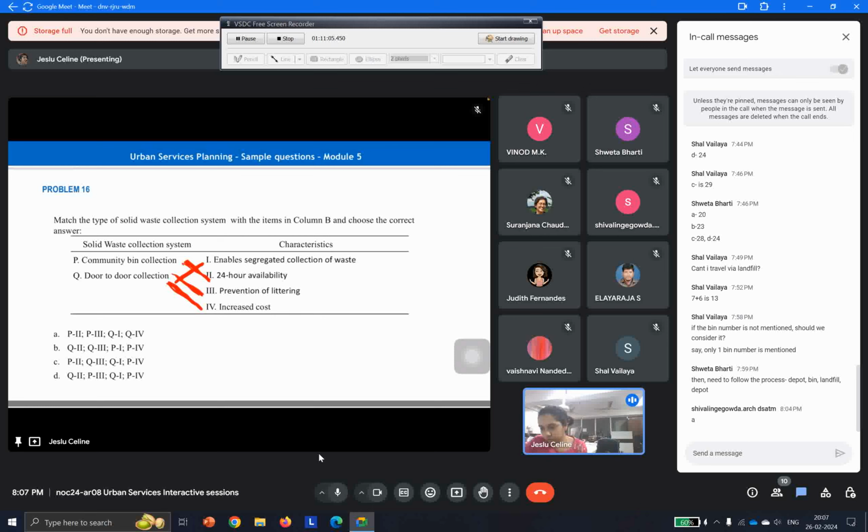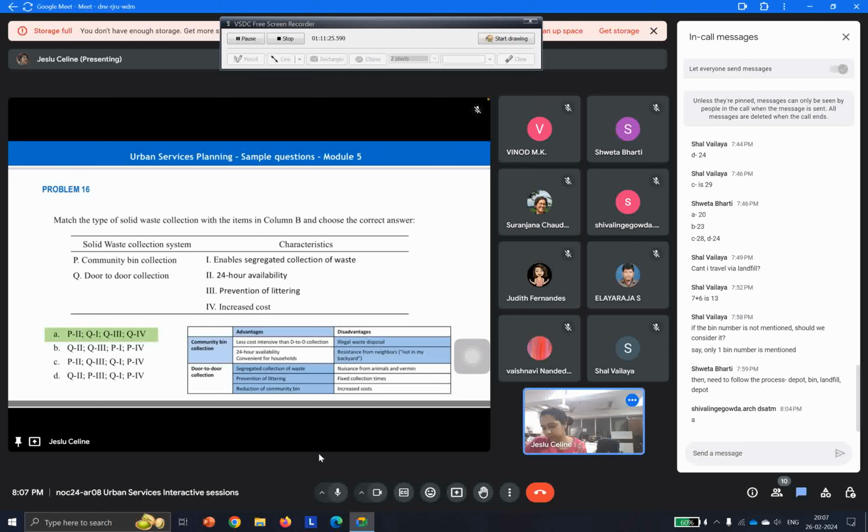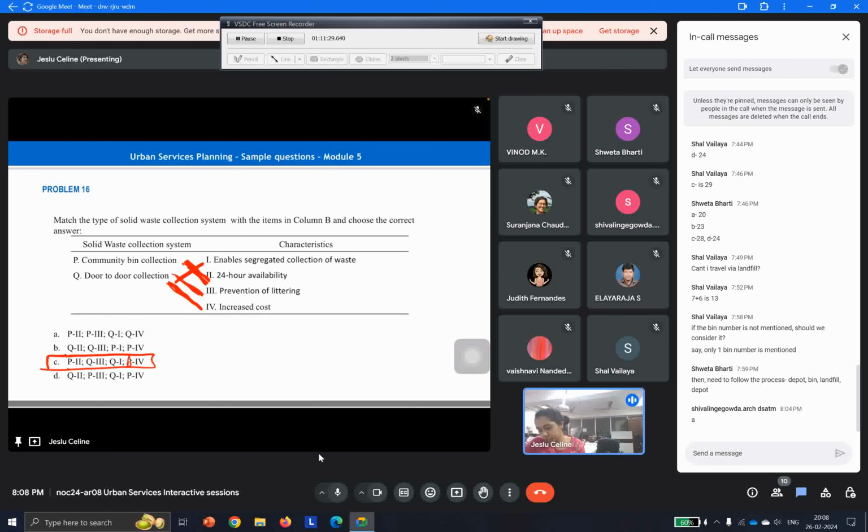So P has got 2, which is 24-hour availability. That is the one for P. So P is 2 and Q is 3. So it is option C. Yeah, option C. Let's proceed on to the next. Sorry, option A. Oh, it's the same. It is Q. Q has got, yeah, it's option A, because Q has got all the